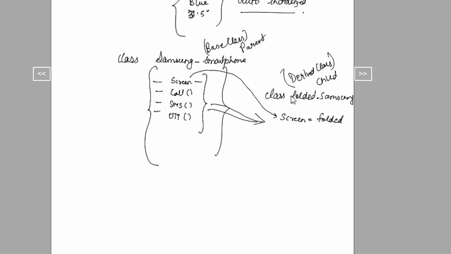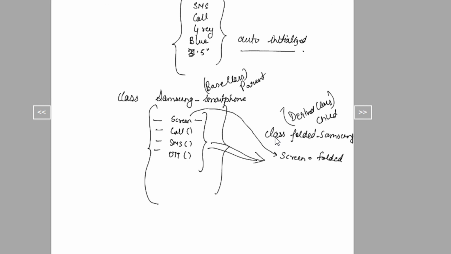Fine. So now what is the advantage here? For example, if I use this class which is tested and tried and there are no errors, I know that when I inherit these qualities into a derived class, all these properties will work perfectly. I only need to check and test those properties that are different here.